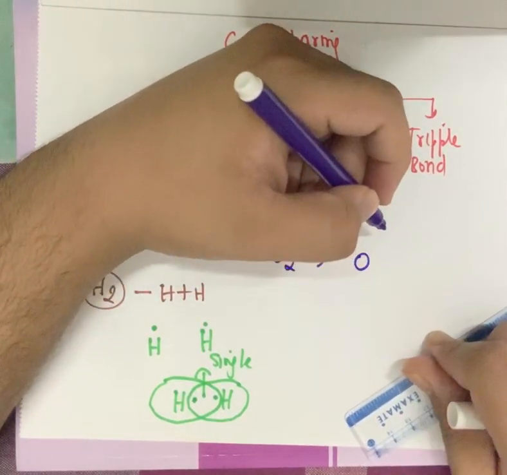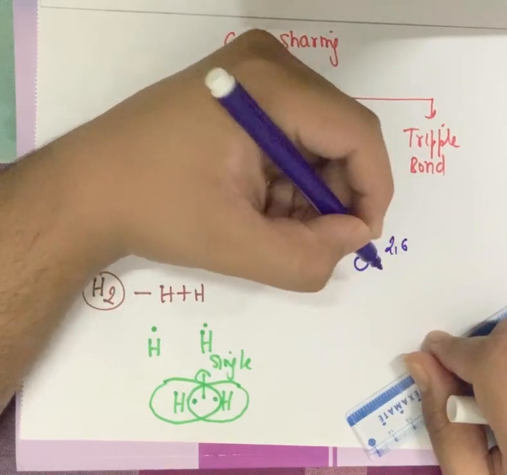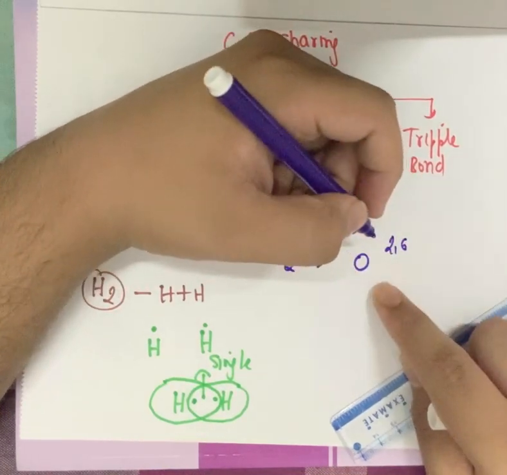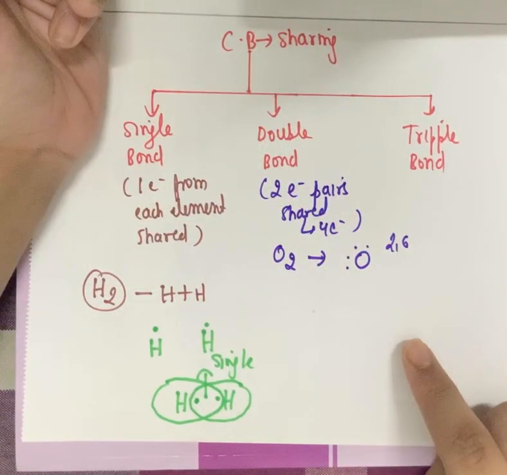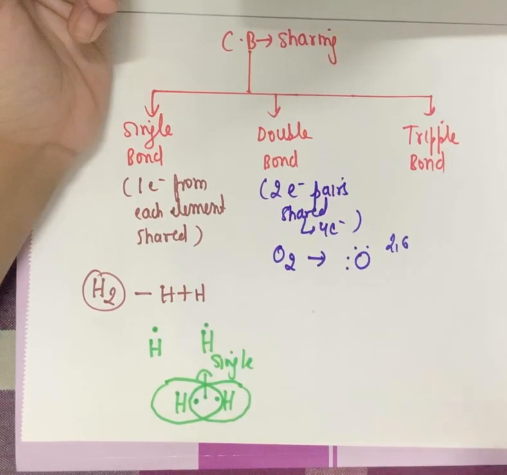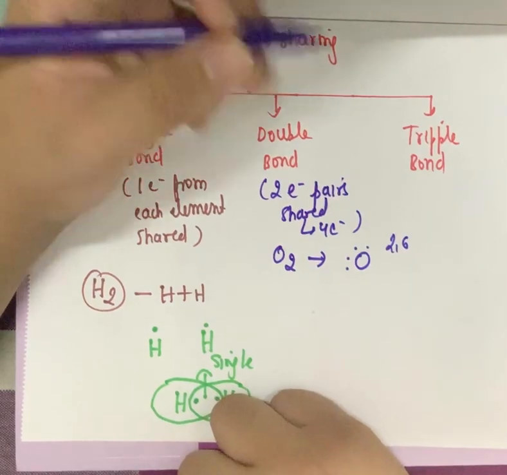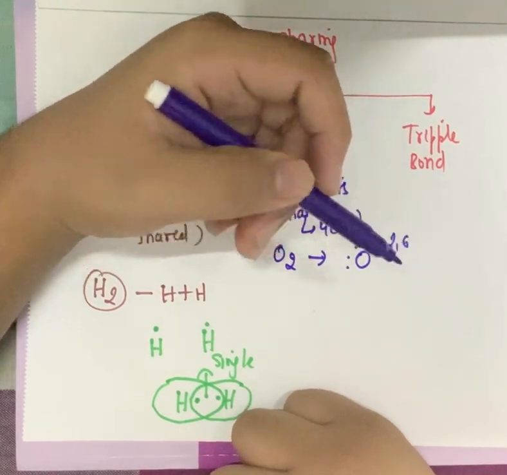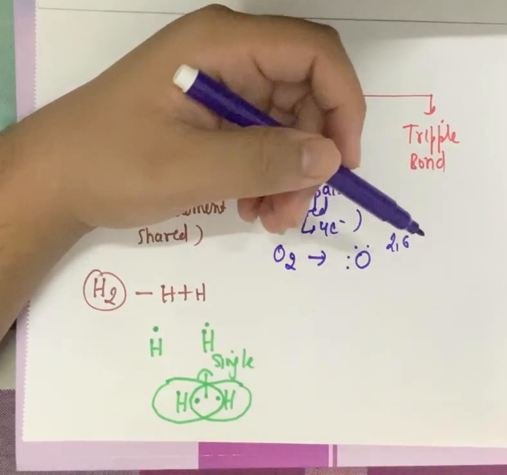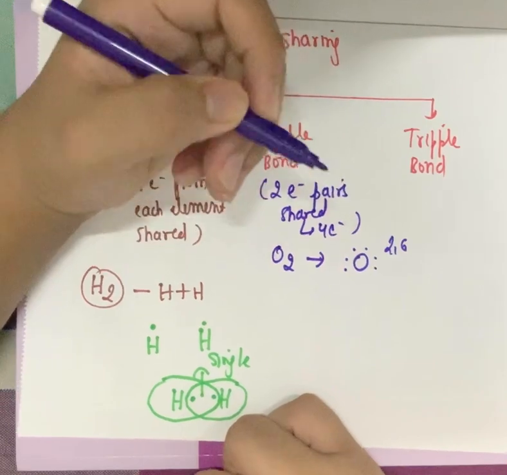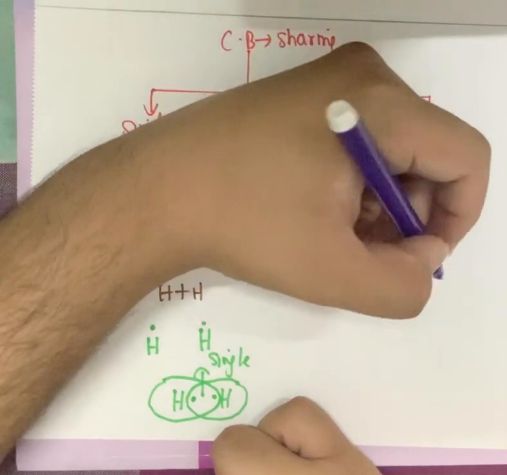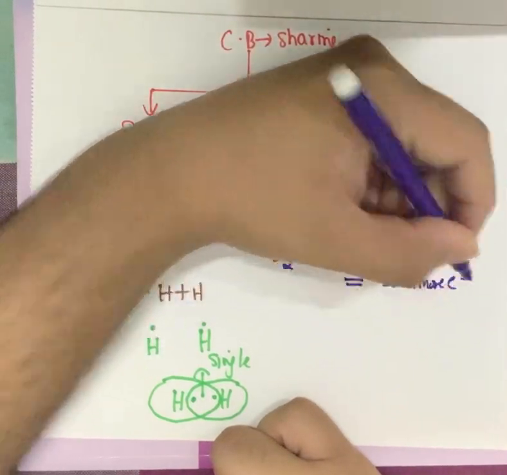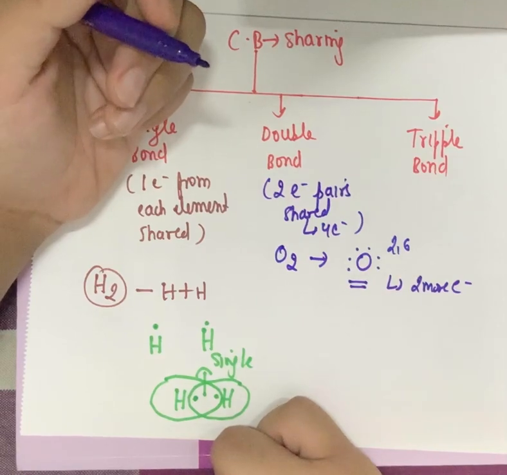Oxygen has electronic configuration of 8, which is 2 and 6. So it will have 2 electrons in its doublet, whereas in the octet it will have 4 electrons remaining. So that means it will require 4 more electrons to complete its octet, isn't it? It has a configuration of 8, which means 2 plus 6. Out of the 2 are gone, so now the 6 are here. So that means it will require 2 more electrons in order to complete its octet and get stable.